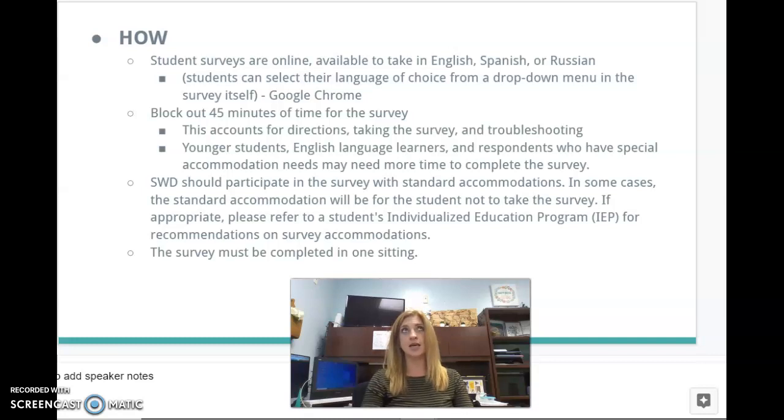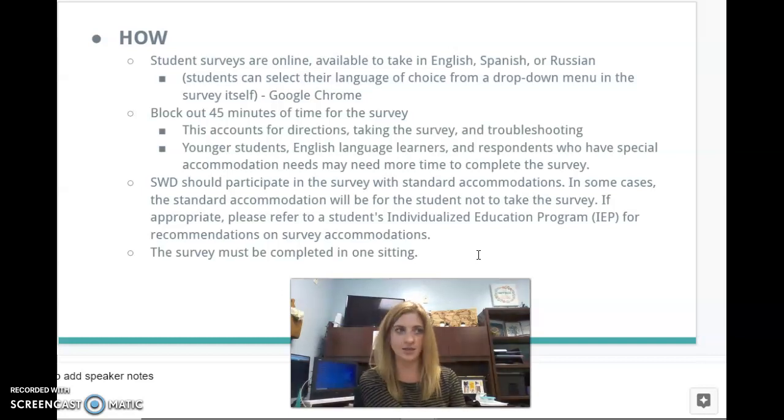If there is a student that you think this is going to take an arm and a leg for them to be able to complete, please let me know, and we'll have a discussion if this is not a battle that we want to take with them, and if it's not going to be helpful and we're not going to get valid data. But that'll be on a one-on-one basis of us having a discussion. So please let me know if you have any students that fall in that category.